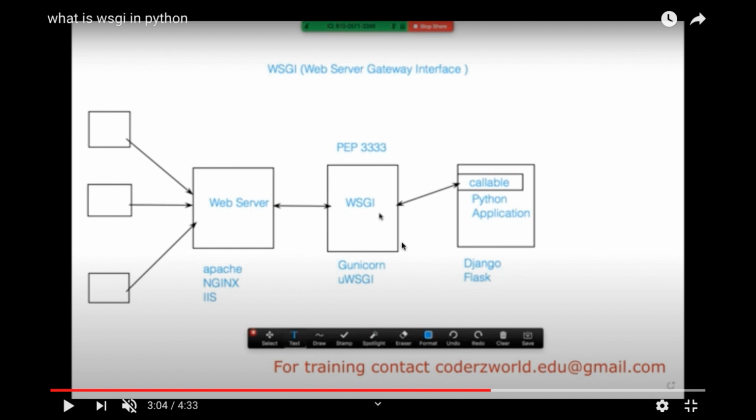We need to have an interface, that is actually WSGI, and we need to install some WSGI implementation in our server. I am going to install Gunicorn in this demo, to connect between our web server and Django application.